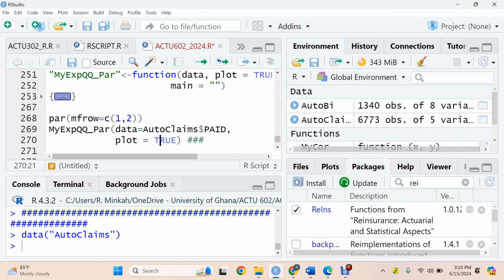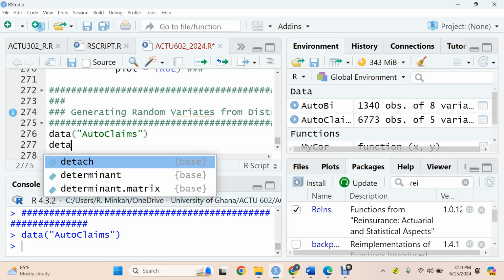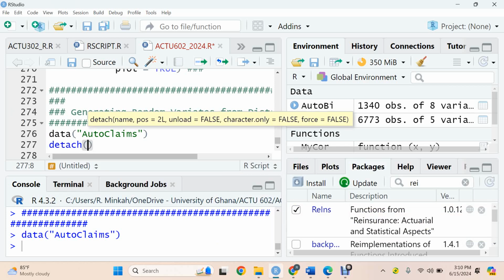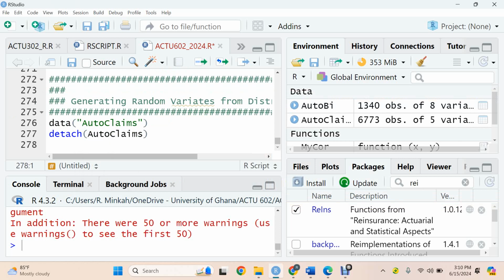Okay, so the first thing we need to know is to have access to the data. And as I said, in the exam I'll ask you to do some of these things. So if you don't know how to attach a data set, then it becomes a problem. If you don't need a data set, again, you can detach it. Okay, if you detach auto claims like this, let me start typing auto claims. So if I detach it, it should,